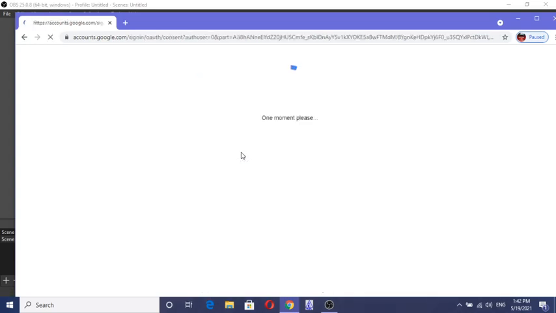Go through your Gmail account. Wakelet is really a very good tool, a fantastic tool.